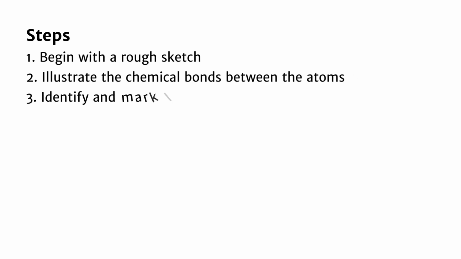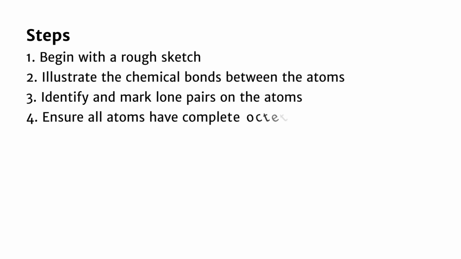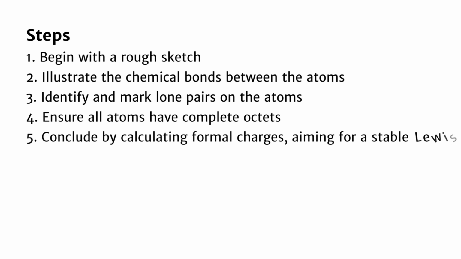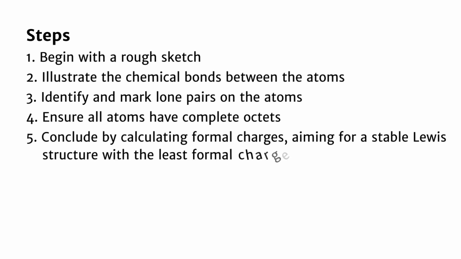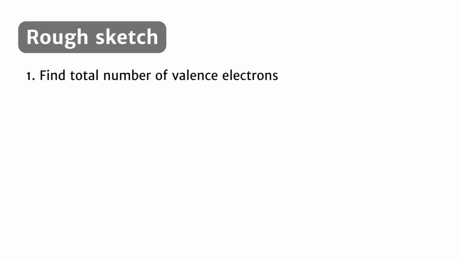Identify and mark lone pairs on the atoms. Ensure all atoms have complete octets. Conclude by calculating formal charges, aiming for a stable Lewis structure with the least formal charges possible. Before sketching the rough diagram, let's begin by calculating the total number of valence electrons and then determine the central